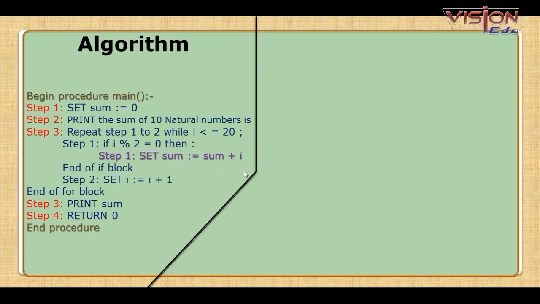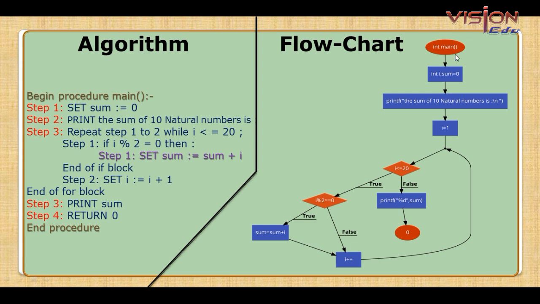So like that this process continues till the I value is 21. When the I value is 21, we come out from step 3, and at the end of step 3, we just print the sum value after the loop is stopped. Then return 0 means we exit from the program. So this is the algorithm of this program, and if you look at the flowchart,